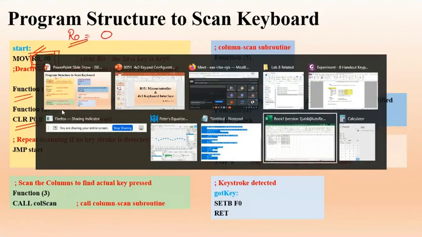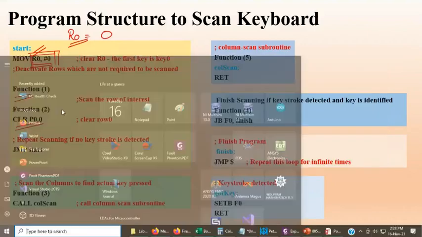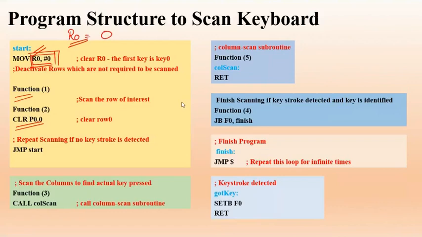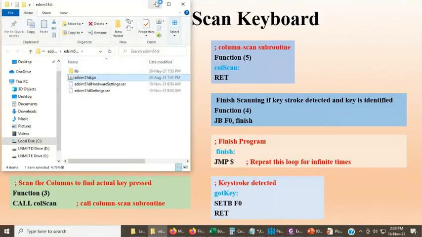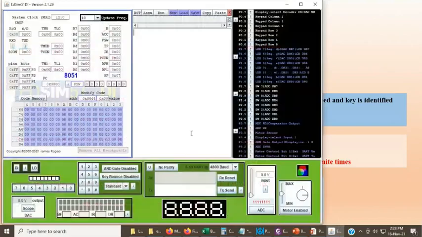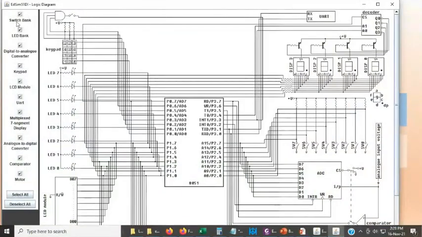Okay, let me just start the software. Let's see. Just give me a second. Okay, here we have the logic diagram, and I am going to deactivate all the other things.